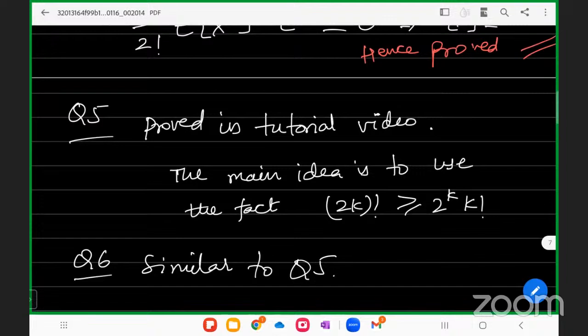Anyone else has any other doubts? Or you yourself, either from the class or